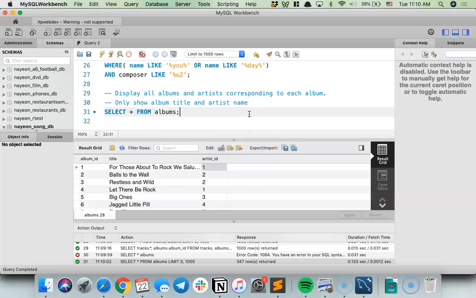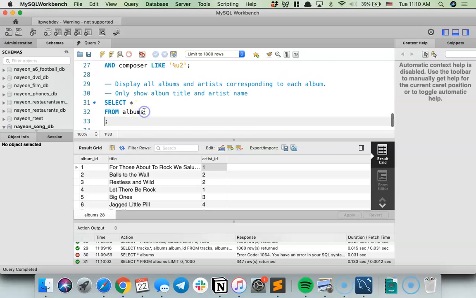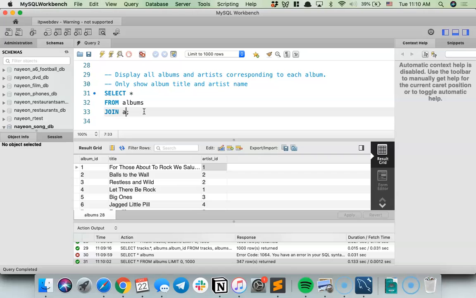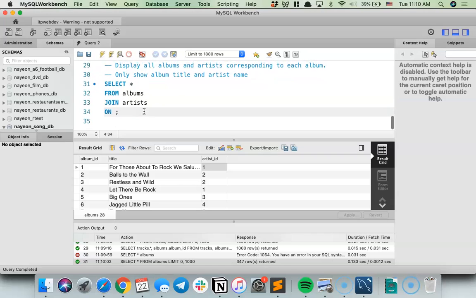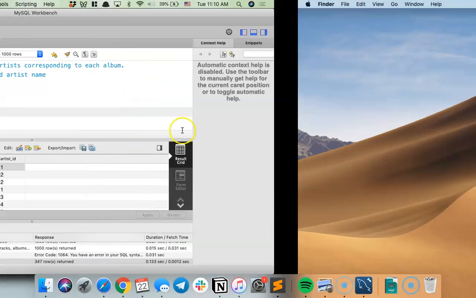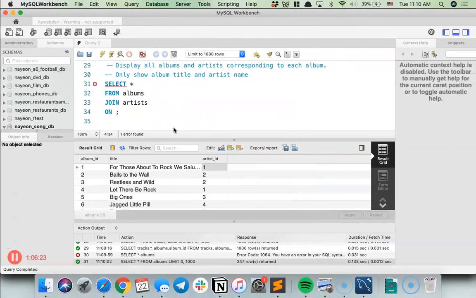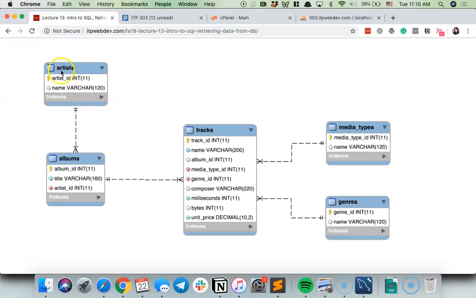All right, so let's go ahead and do this. We're going to select from albums, and we're going to join the artist table. Albums is my primary table. We're going to bring in my artist table, and then we need to specify what the commonality is. How are we going to bring these together? The commonality between my artist table and my albums table is artist ID. Artist ID is my foreign key. It maps to the artist ID, the primary key here.